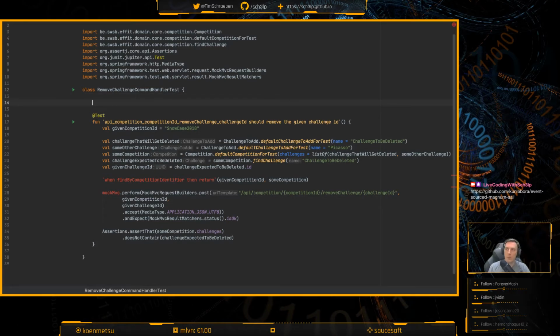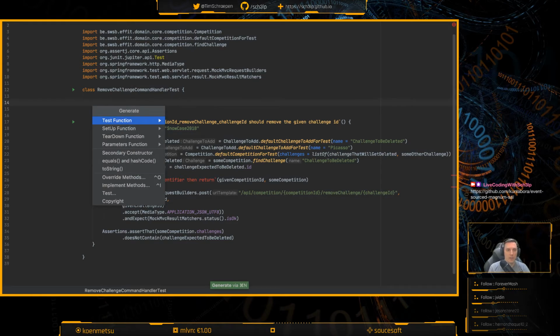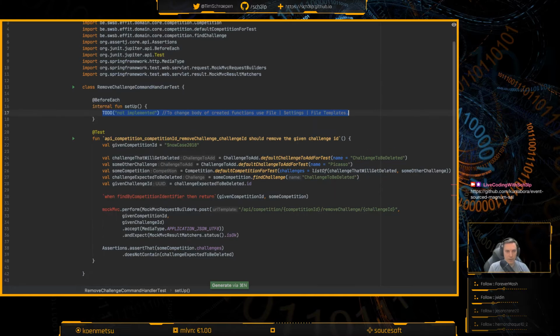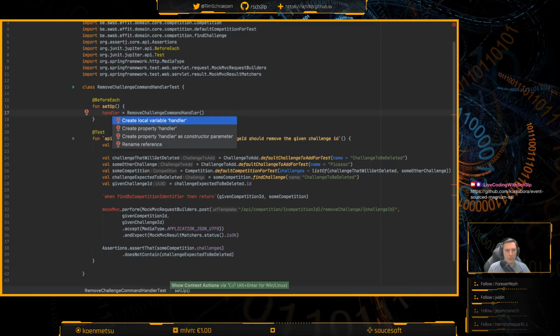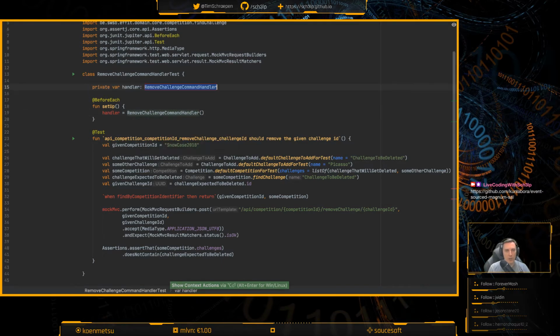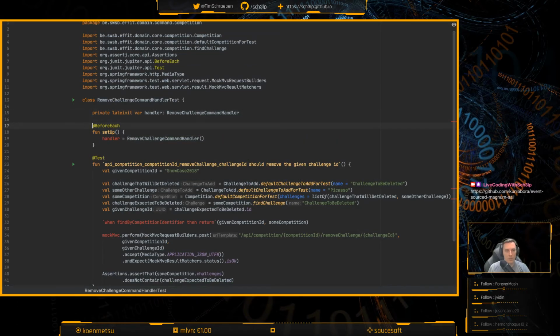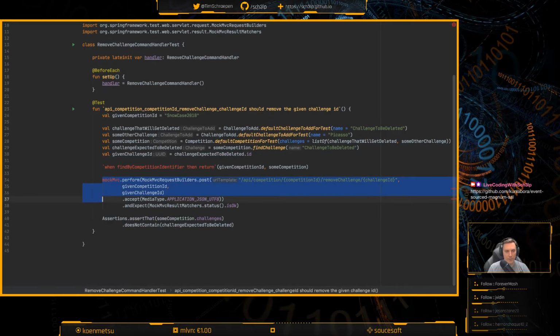So then what we'll do is, what was my plan again? Yeah, I need a setup function that initializes a remove challenge command handler. Let's call it handler. This will make into a property. And then we'll just use that instead of this HTTP call.